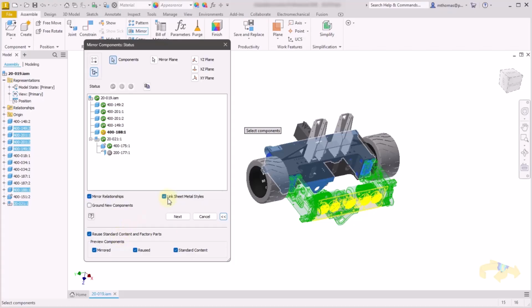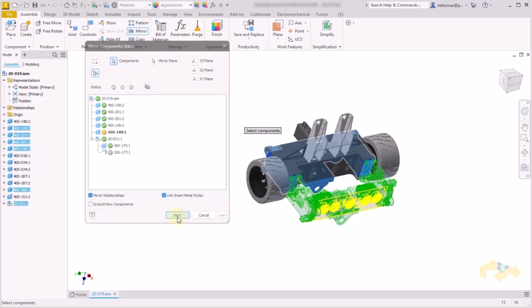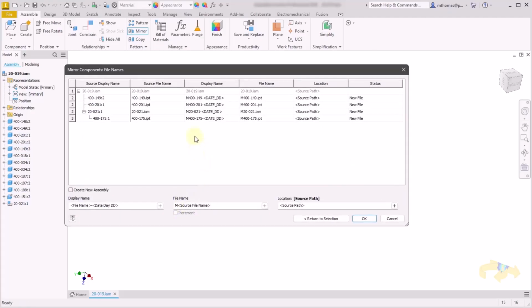So if you have placed things from standard content center, or you have placed iParts, then this will just automatically reuse them or mirror them, however you want them to behave. And then it's just what do you want to actually preview. I'm not going to preview any standard content because I just trust it to do what it needs to do. Now I'm going to click next, and what's going to happen next is we're going to see,